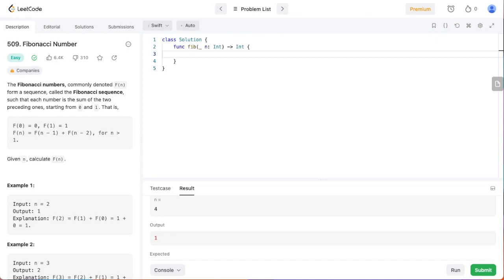Fibonacci sequence is a well-known sequence of numbers. In this problem, we're going to create a Fibonacci sequence using Swift as our programming language. Let's read the question. The Fibonacci numbers, commonly denoted Fn, form a sequence called Fibonacci sequence, such that each number